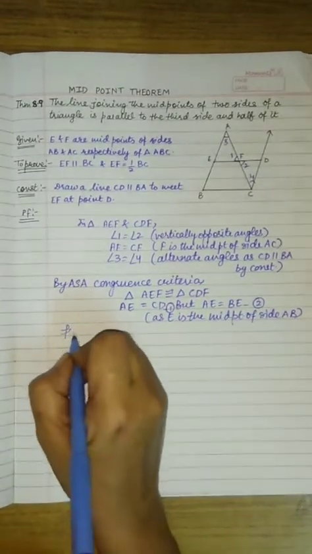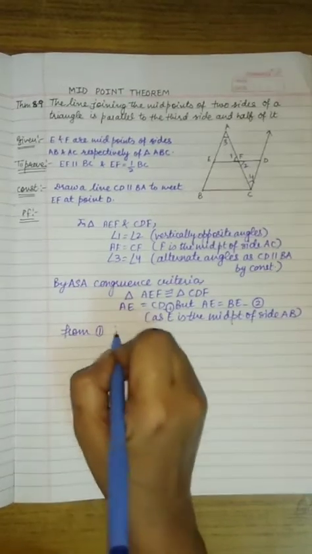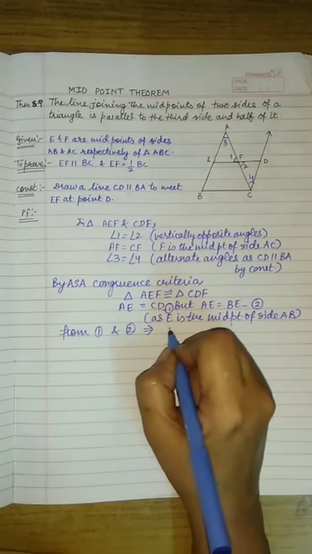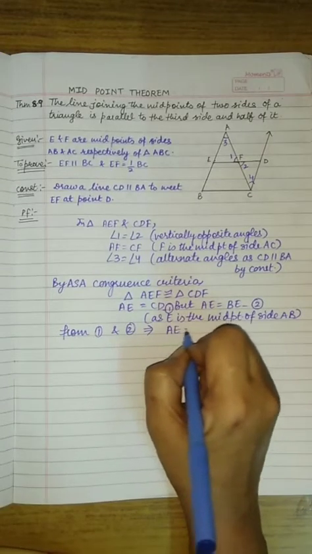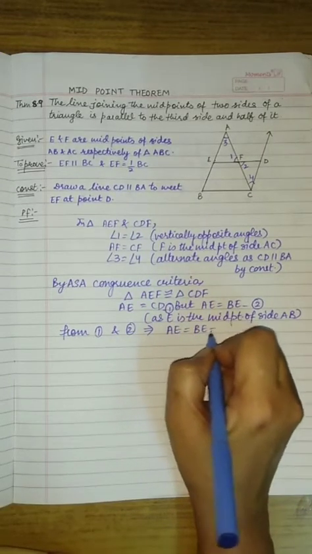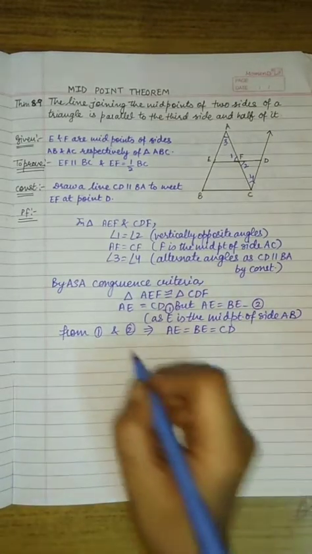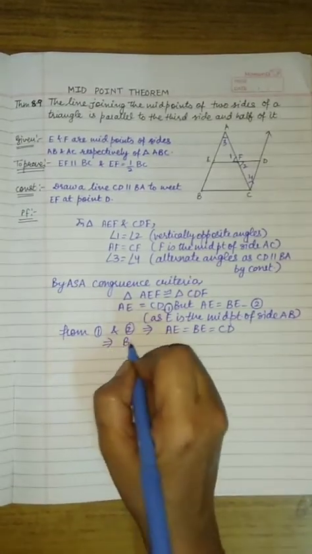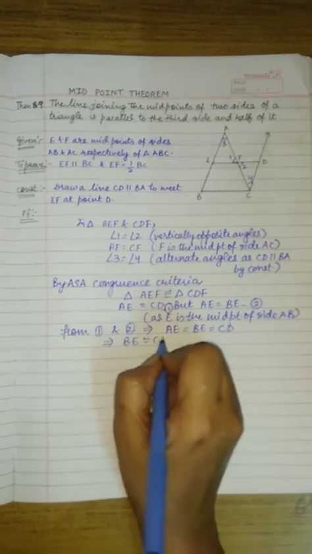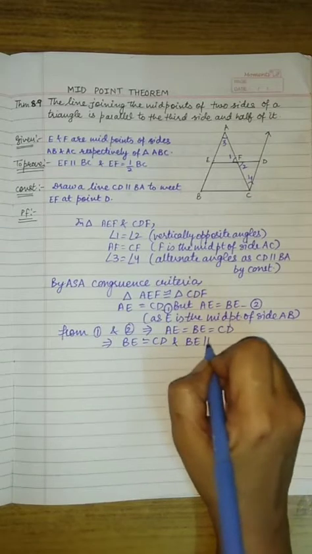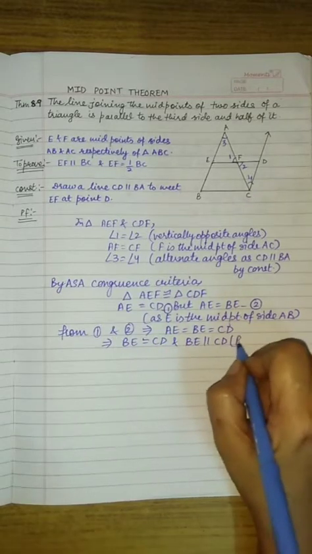So from 1 and 2 we got AE is equal to BE is equal to CD. So it implies BE is equal to CD and BE is parallel to CD,